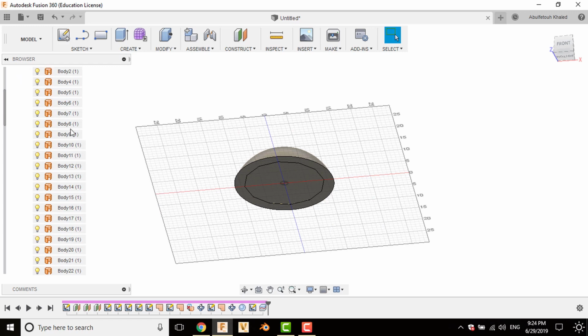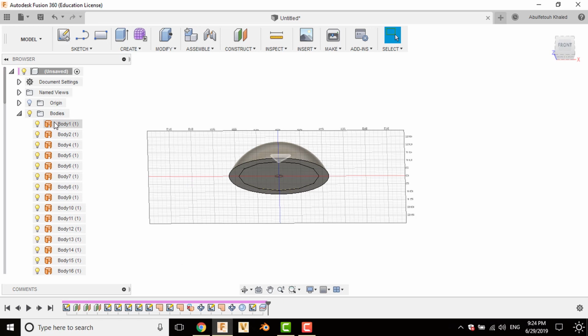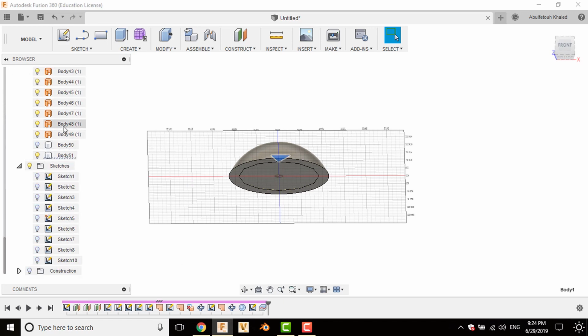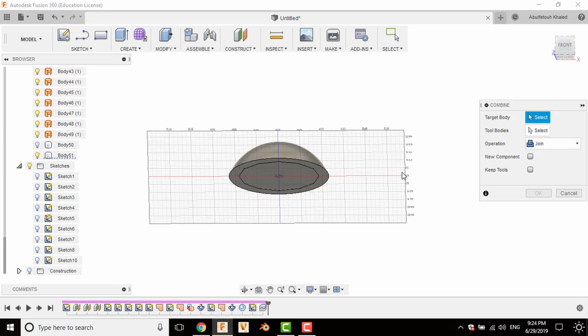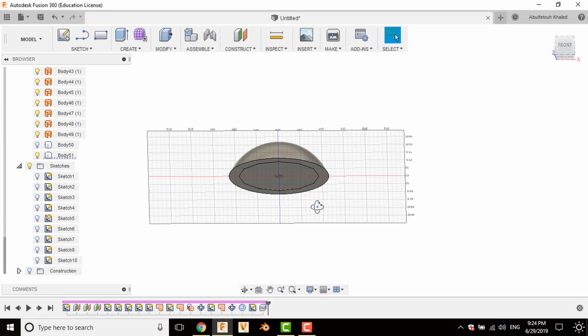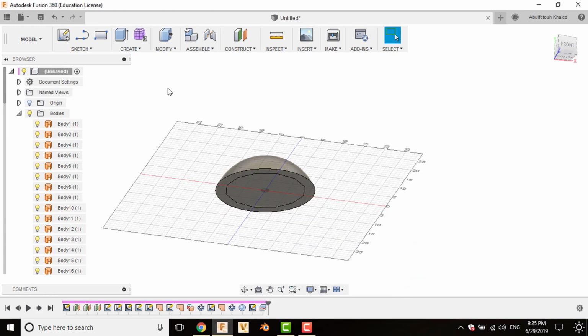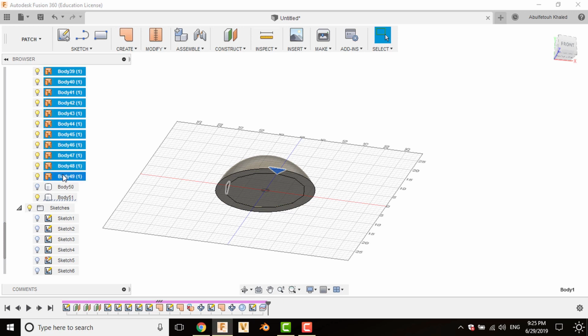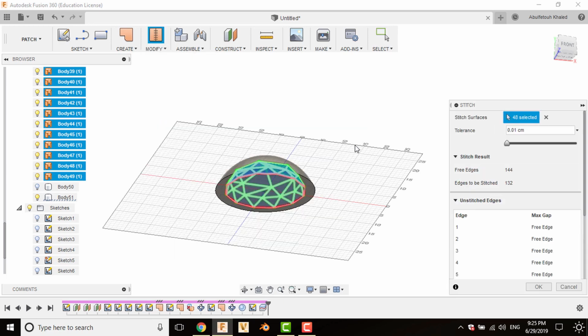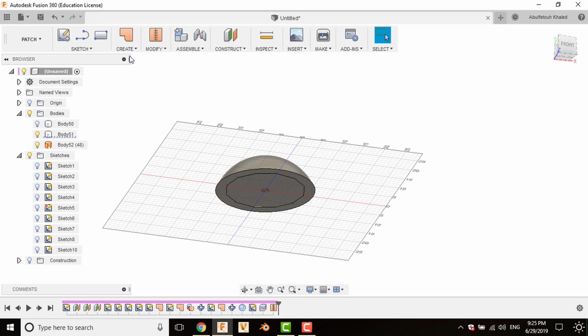We have a problem here that we have a lot of bodies here to use to split these hemispheres, so I'm gonna choose all these patches and combine a single body. It's not working. So it's not working in the model mode, so we're gonna back to patch mode and then select all these bodies by clicking the first and the last and while holding shift, and then modify, stitch. So we have one body,